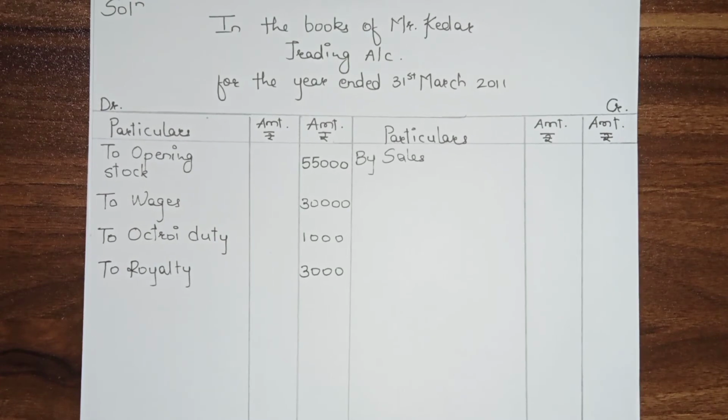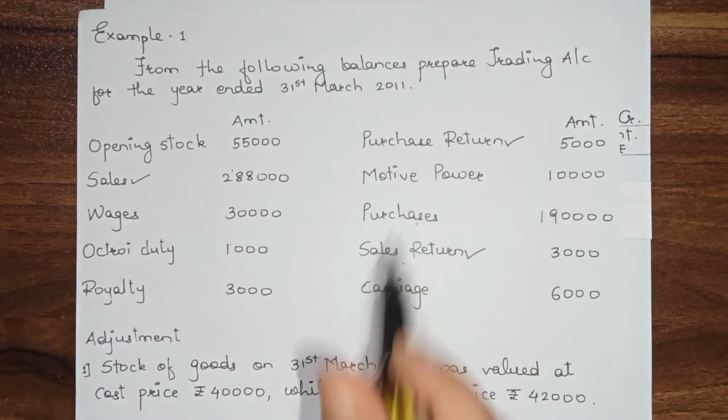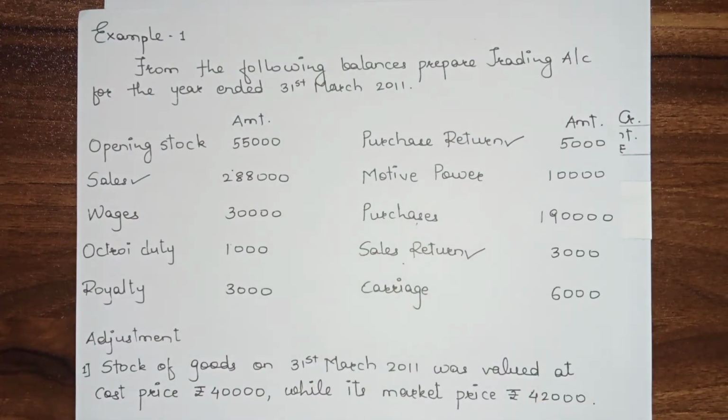Okay. So next item is purchase returns. Sorry, previously I told you wrong that purchase returns is to be subtracted from purchases and sales returns is to be subtracted from sales. Okay, because why sales returns is to be subtracted? Because if we have sold something that is being returned back to us from the buyer, that is why we have to subtract sales returns from sales.